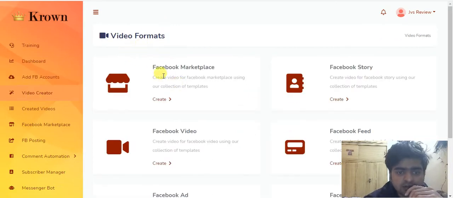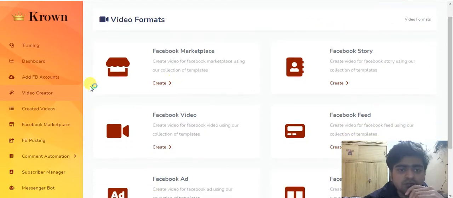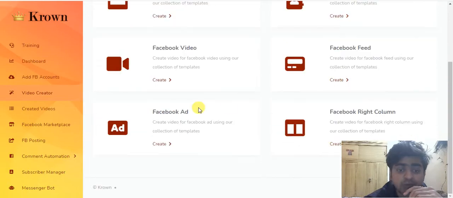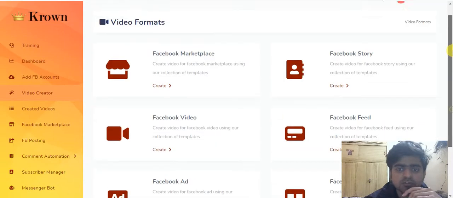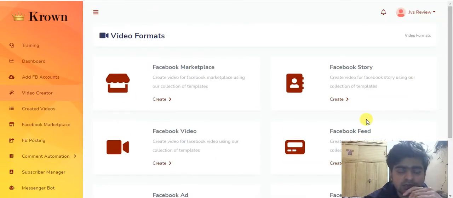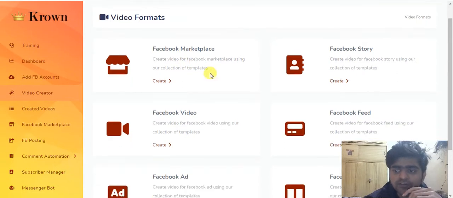From here you can create videos for Facebook Marketplace, Facebook Story, Facebook feed, and Facebook ad using our collection of templates. So you get all these templates for different categories, for Marketplace, for Facebook Story, etc.